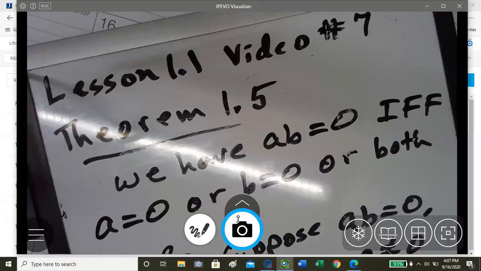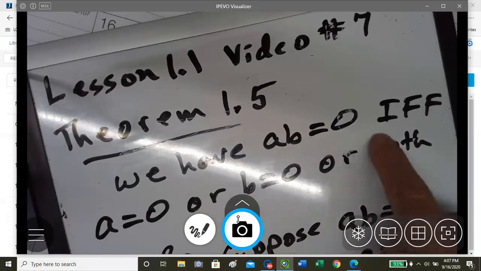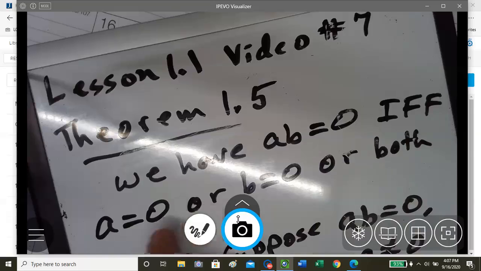Number 7, theorem 1.5, and we're stating that a times b equals 0 if and only if a equals 0 or